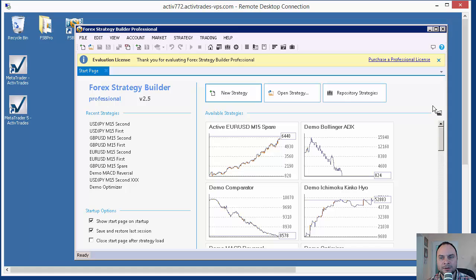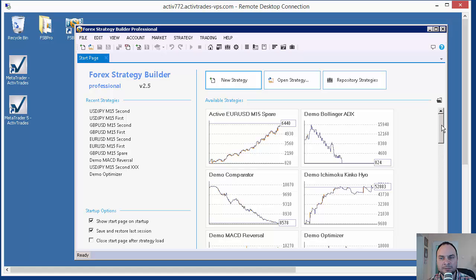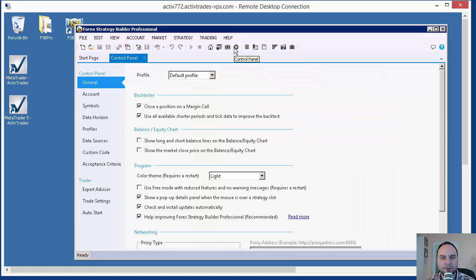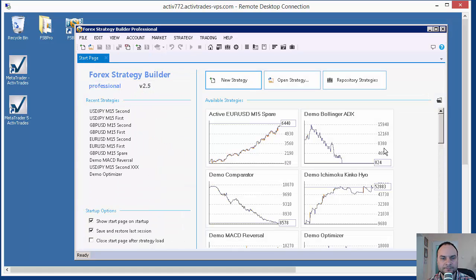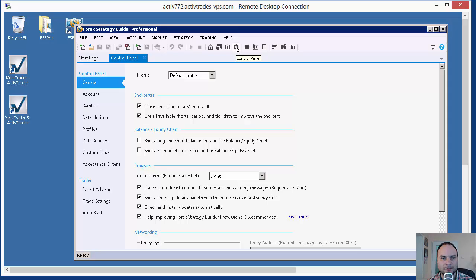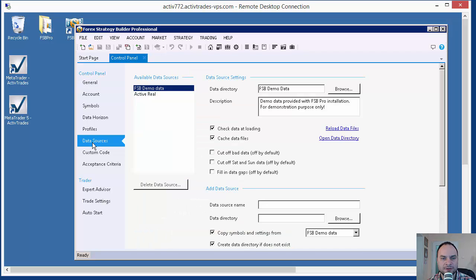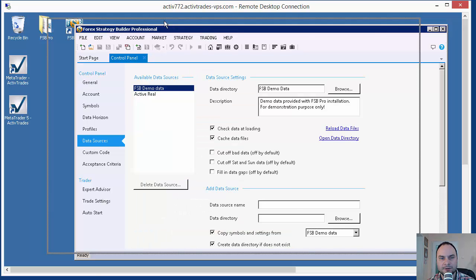Now the program will run in trial mode, and because I don't want to see that message anymore, I'll go to the control panel and I'll set here use free mode. In that way I will not see that message anymore, but the program's features will be limited. Okay, so let's continue. First I'll go to the control panel, and in the data sources page